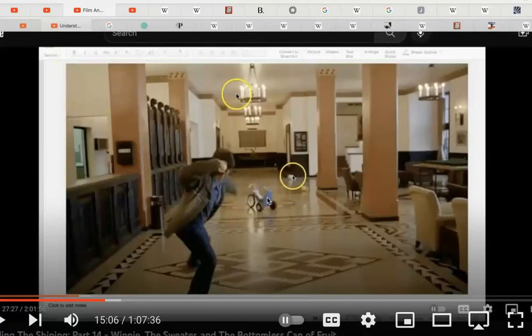Okay. So that's what we're led to believe in the movie, that Danny telepathically communicates with Halloran in his home in Florida. Is it Miami? I'll just say Miami because I'm not sure. But Danny's the one who summons Dick Halloran to come and save him and his mother, Wendy. So Danny is like the vehicle.